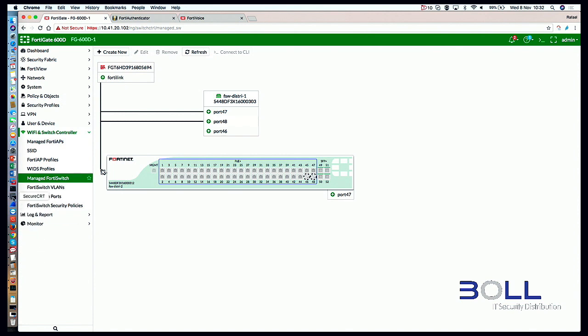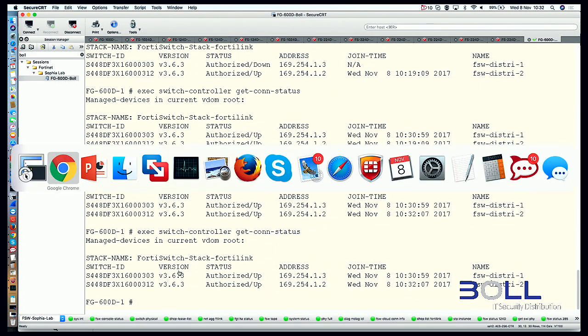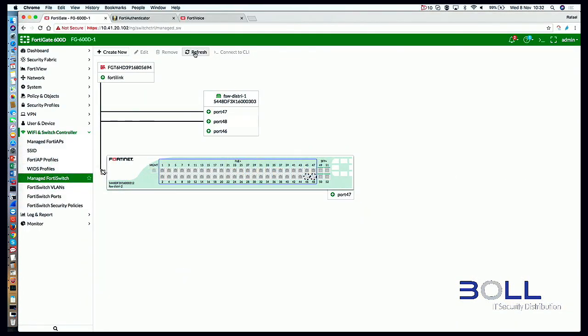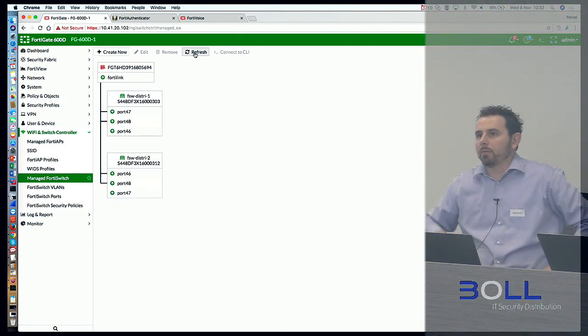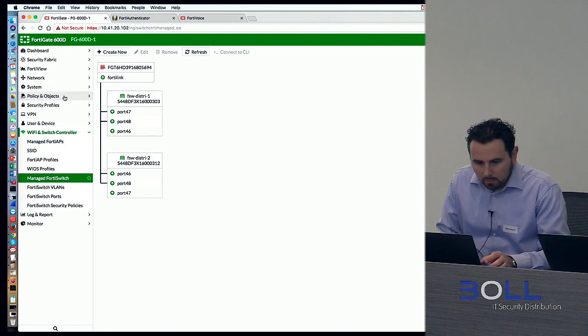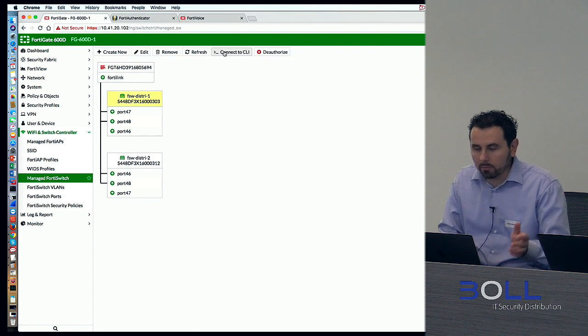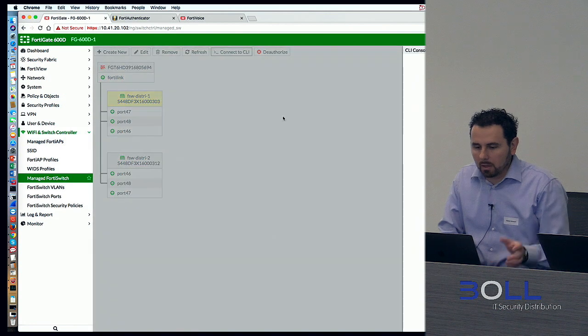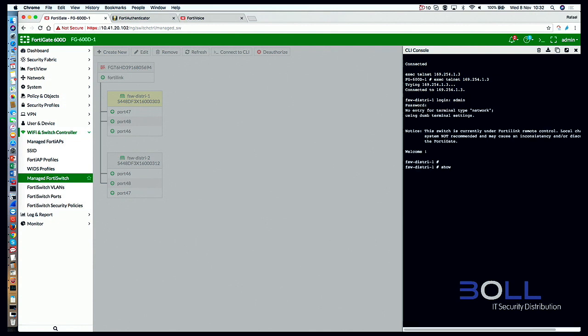And then we can also check here that it's up again, so it should update also the GUI. We can click refresh or you can wait, because it's also refreshed automatically. So now it should be okay. So we have now the MCLAG working, and I will show you from the switch point of view how you can check that. So we can connect to the CLI of the switch. You can do the diagnose switch trunk